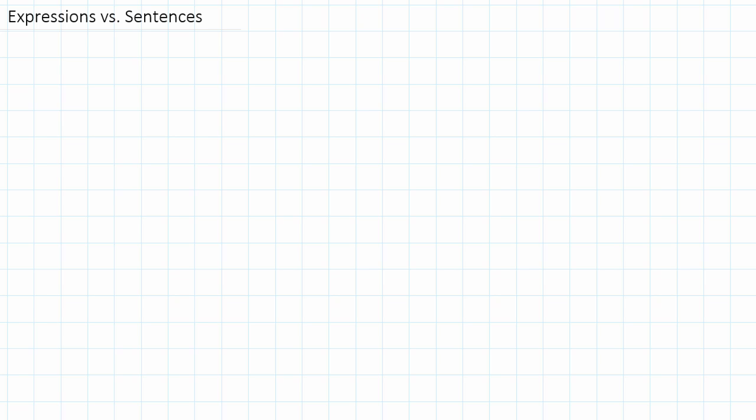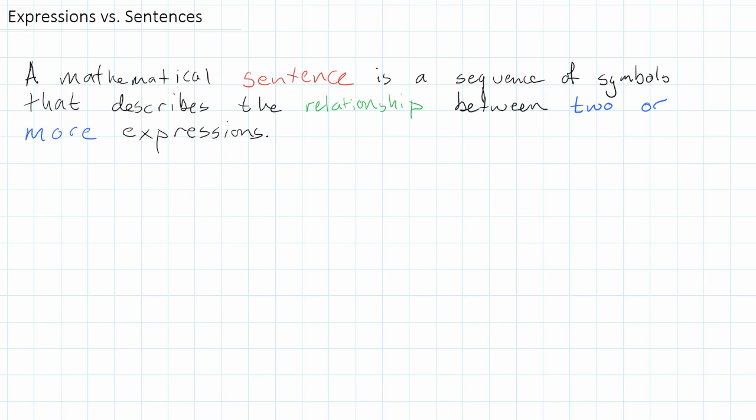The key distinction that we're trying to make when we refer to expressions is the distinction between an expression and the various kinds of sentences. The various kinds of mathematical sentences are all sequences of symbols that describe the relationship between two or more expressions. The key distinction between an expression and a sentence is that a sentence includes what in an English class we